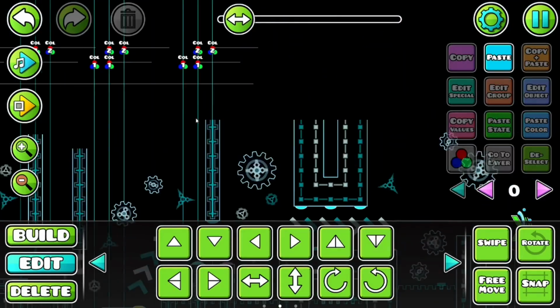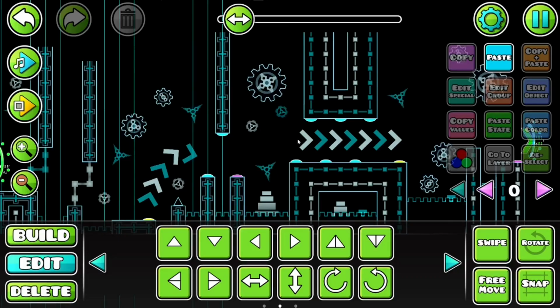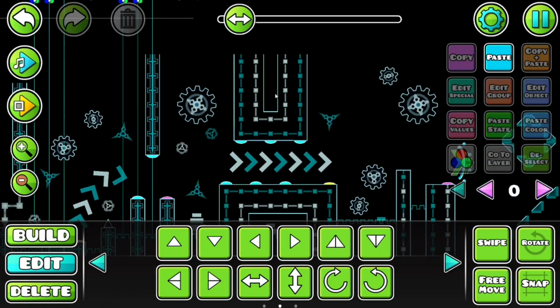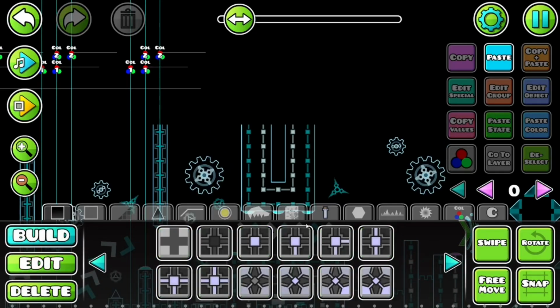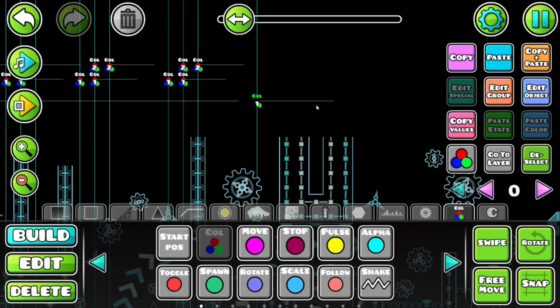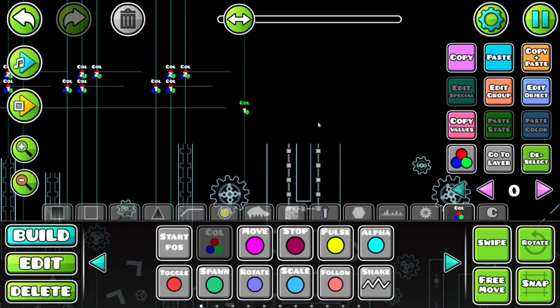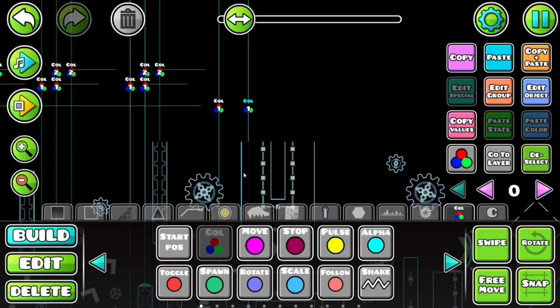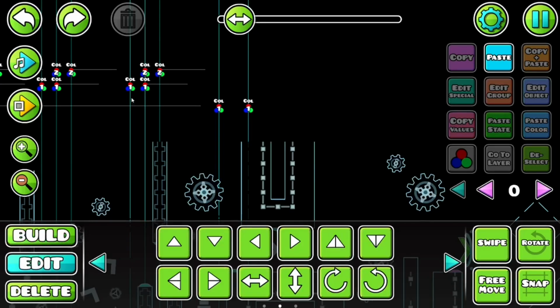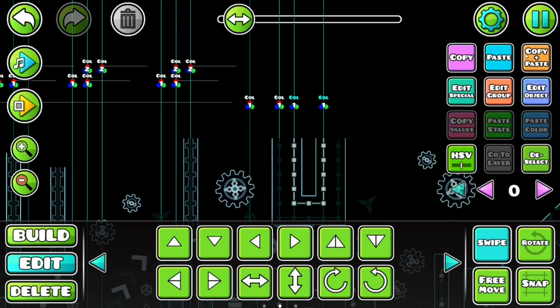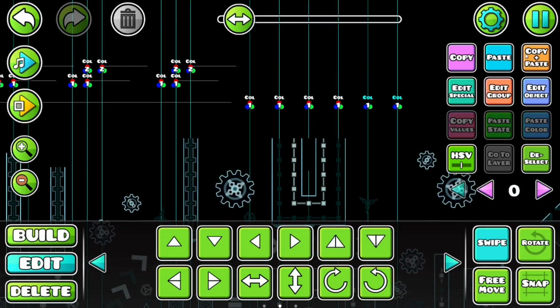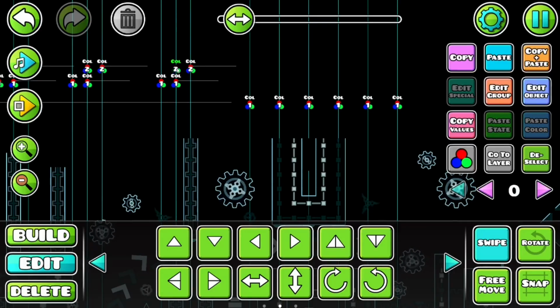So there's that. Okay, so right here we're going to make this flash back and forth. So we're going to have this go black and this go black, like on and off. So we're going to take color 1 and shorten it so it's 0 and make it black. And then we're going to make it 1 apart. And we're going to go back to the regular color 1 right here, and we'll just copy it and paste it so it's flashing back and forth. And then we'll do that until about here, and then we'll take the 2 and do the same thing with the 2,